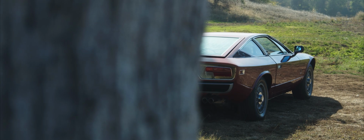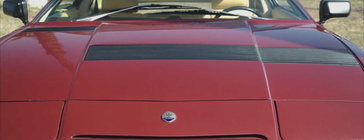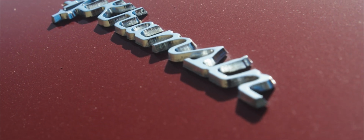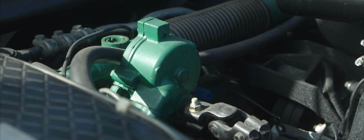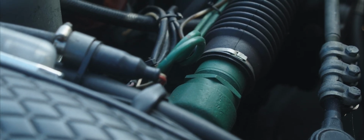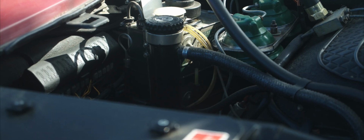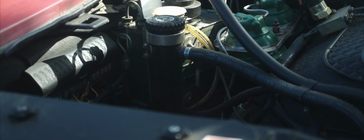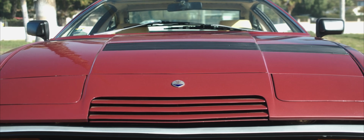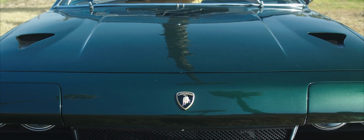And a lot of these designs were not new. They were just so-called repurposed and reused. The Maserati Khamsin also has a very interesting design period, because Citroën owned Maserati during that era. So when we open up the hood, we see all these green parts, and they were really Citroën parts. Also the asymmetrical part of the front hood. You look at the front hood, and you see these asymmetrical designs, and you see the language carry through